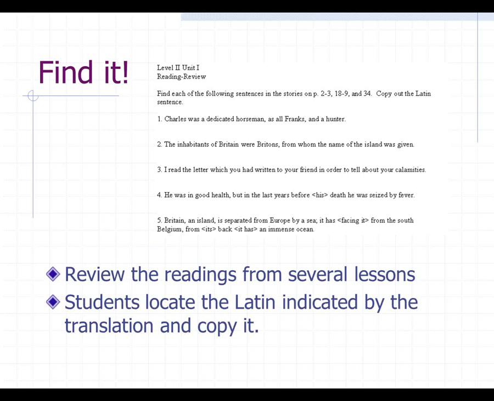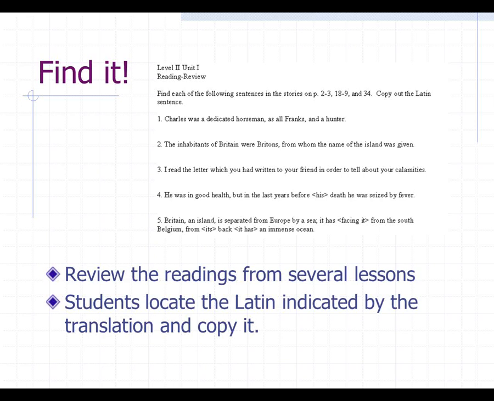So once a student finds a sentence and copies it out, he or she hands his or her paper to the runner, who brings it to you or a judge that you assign, standing at the front of the room. Only the runner can leave the group. This is very important. You can't have everyone coming up to the front of the room the whole time. If that sentence is judged correct, then that team scores 1 point, and no other team may find that sentence. So if you have 10 or 15 sentences, there are only 15 possible points. And then the team with the most points wins.